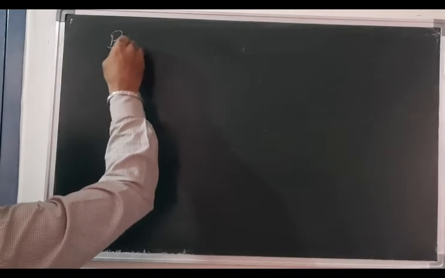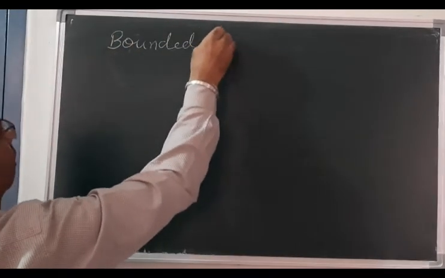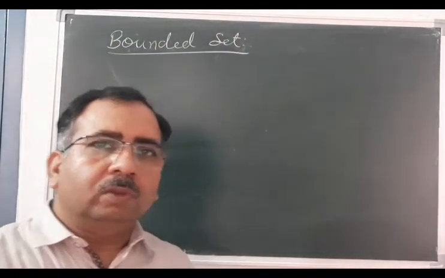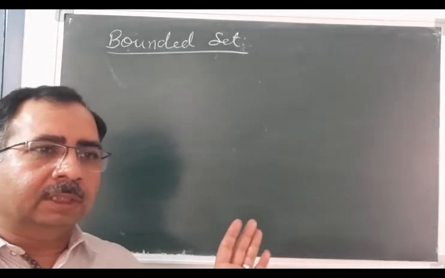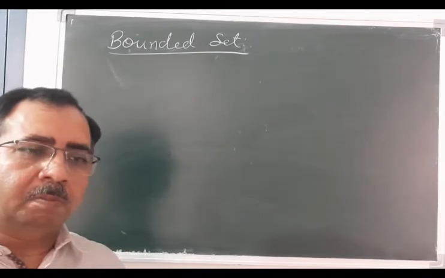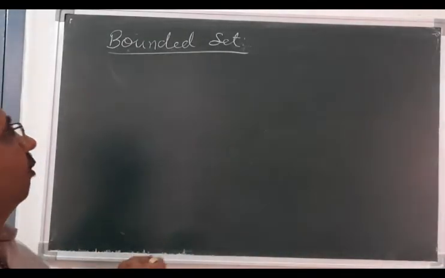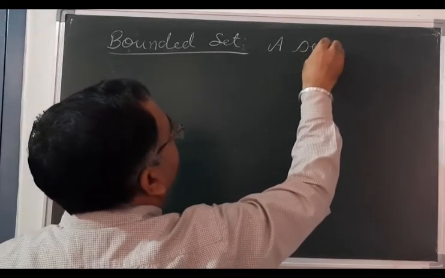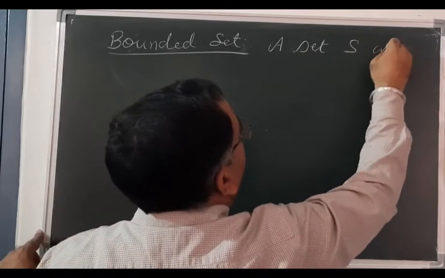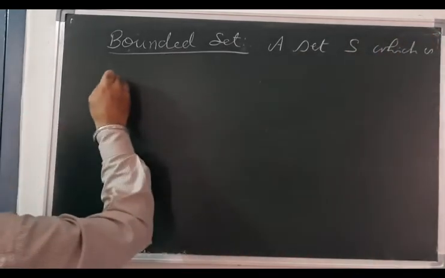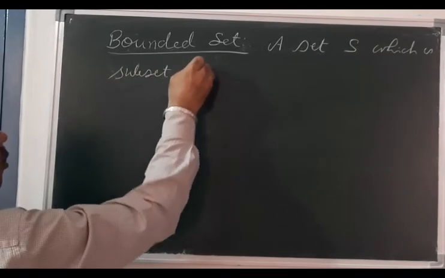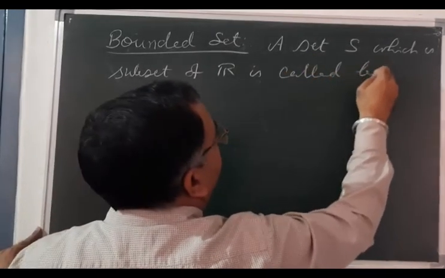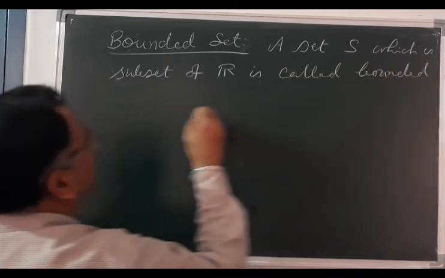Definition of a bounded set. So now we have a notion of real numbers, less and greater, positive and negative. So now I can define a bounded set. A set S which is a subset of R is called bounded above